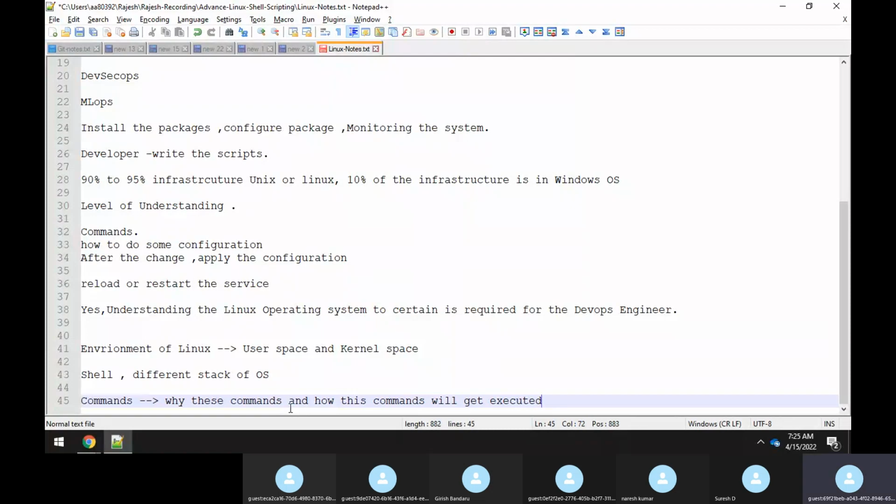So you should have some basic knowledge on it. It means that you should only have very, very basic knowledge. I have some command, meaning how this command will get executed internally. You need not go into detail there, but still, at a very high level, you should understand it. Actually, you should have that knowledge.